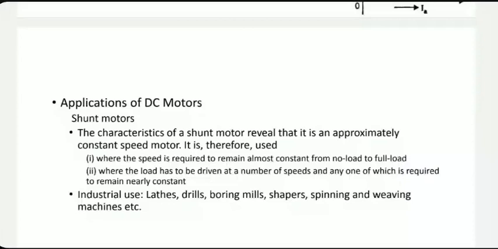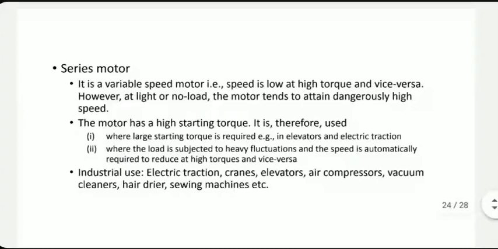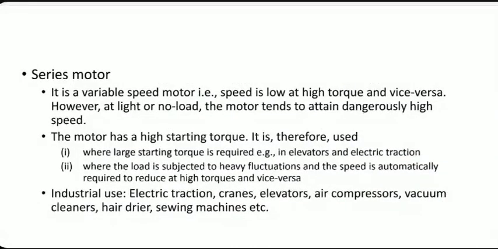Besides shunt, there are series motors, where field winding and armature windings are in series. Although a series motor is not a constant speed motor, it has very large starting torque compared to a shunt motor. So there are applications where this is a desirable feature. Railway locomotives, they are electrically operated, for one example. Even the e-rickshaw on our roads uses a DC series motor. A lot of torque to begin with to get the whole thing started. Cranes, elevators, air compressors, vacuum cleaners, etc. They generally use series motors.